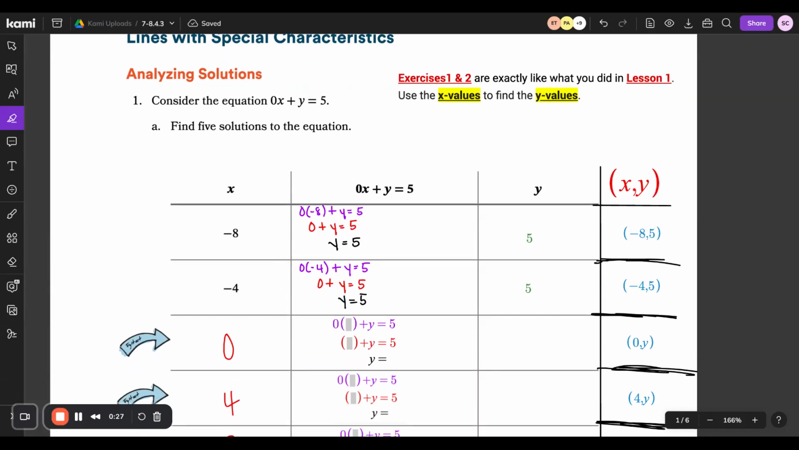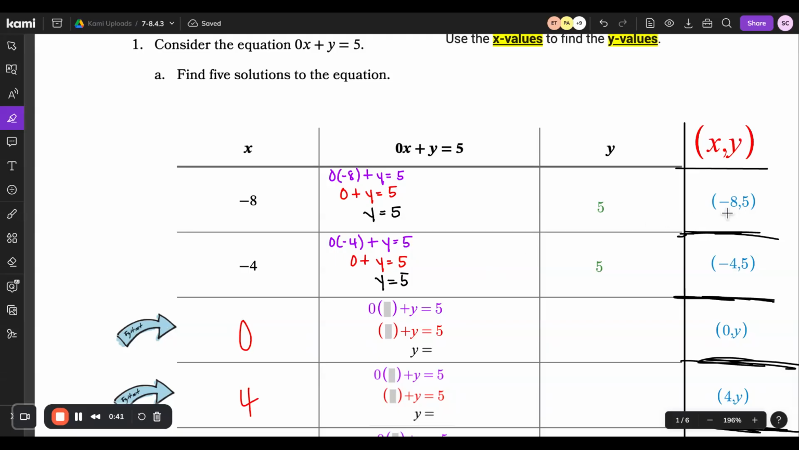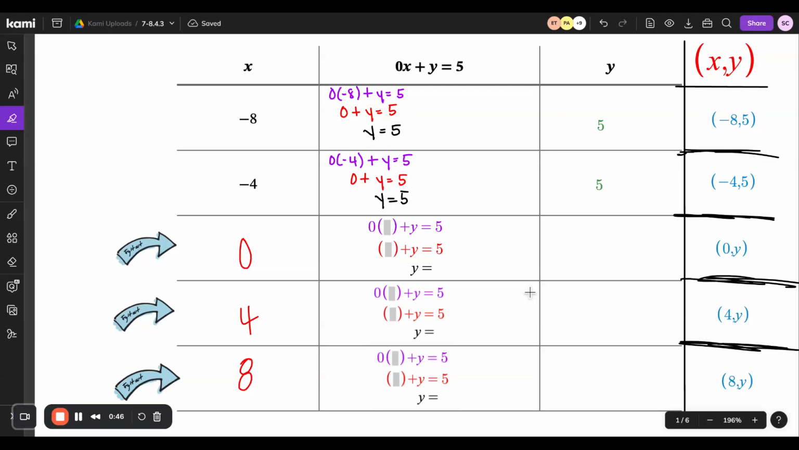You were given -8 and you were given -4, and this is what you had to do to solve for these two. And when you substitute -8 and -4 into your equation, you see that you get y equals 5 for both. So you're going to write the ordered pairs -8, 5 and -4, 5. And then you're going to fill in 0, 4, and 8, and do what you need to solve to figure out what your y value is going to be for each of these. So since we know that x is 0, x is 4, and x is 8,